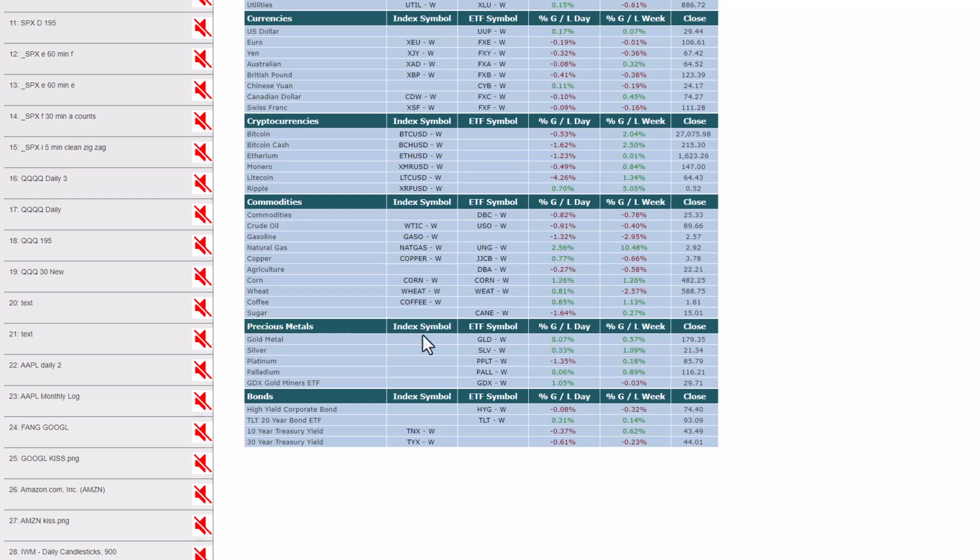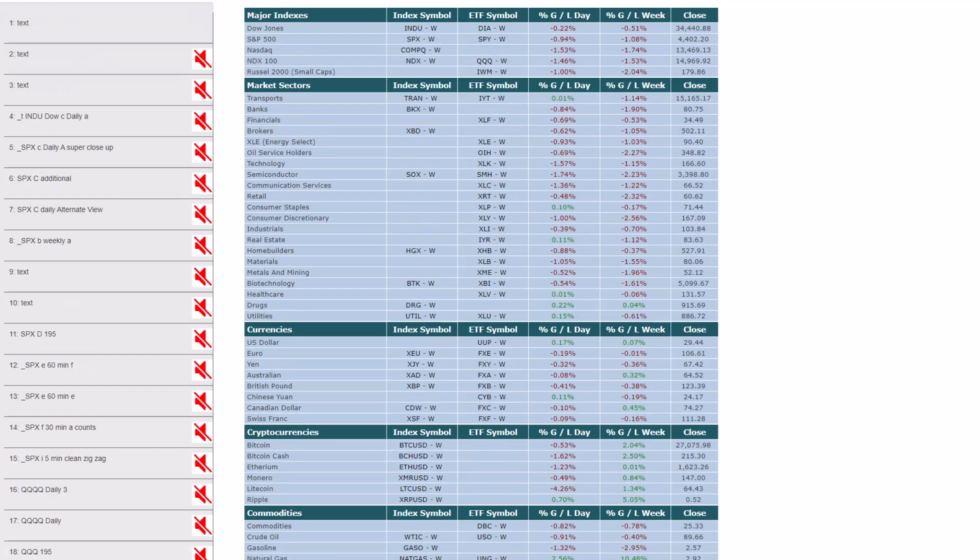And as far as precious metals, we had a pretty good rally going in GDX in the morning, but a lot of that was given back after the FOMC. It still closed up 1%. Gold closed up 0.07%. So the stocks still are leading there for now, holding up quite well considering the strength in the dollar. And as far as the bonds, TLT up, 10-year, 30-year down.